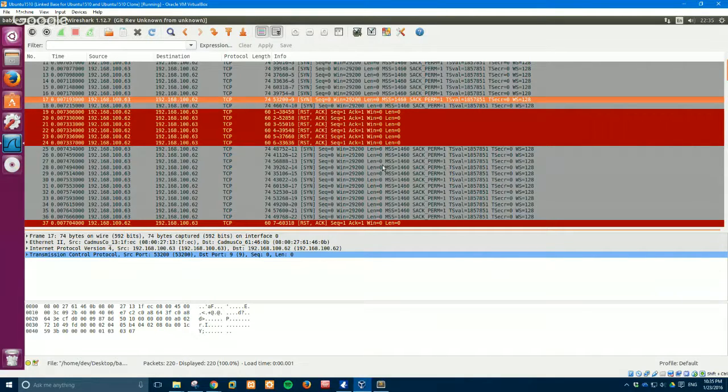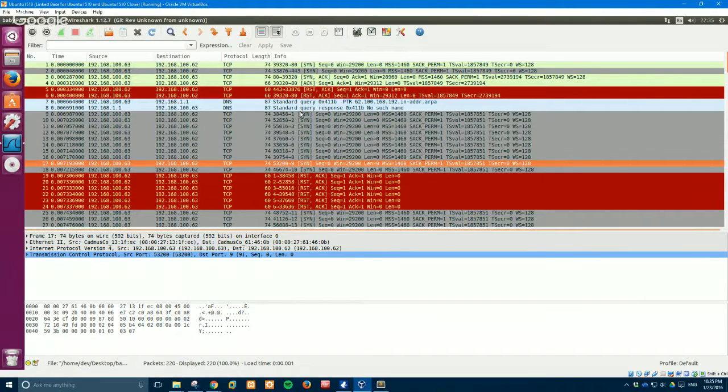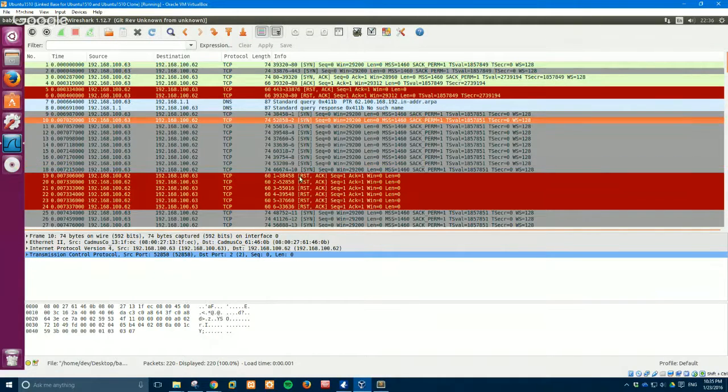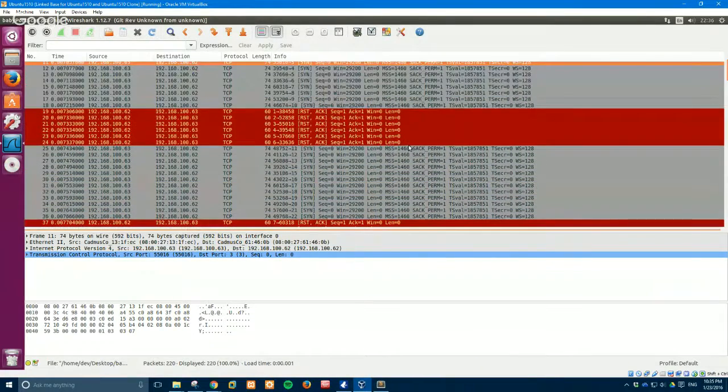I would say actually for me, I will take a look at which port they are connecting to. If you notice, in this case it's sequential ports, but even if it's random ports, you can notice that if the attacker keeps on probing a lot of different ports, you can guess that they are doing some port scanning. Like you see, this is probing 1 all the way to 10, 11, 12, 13, and all the way to